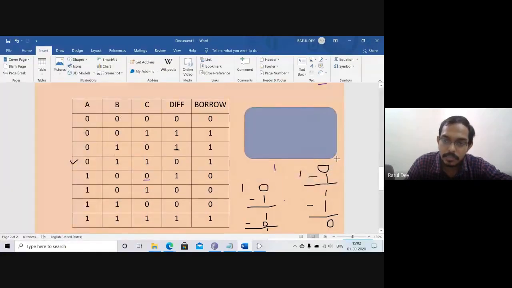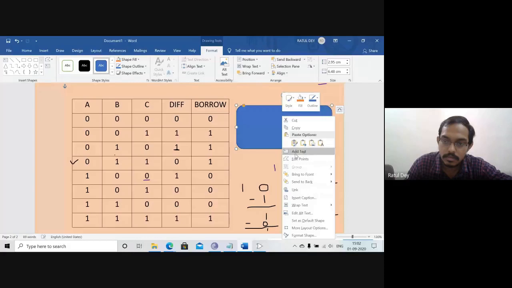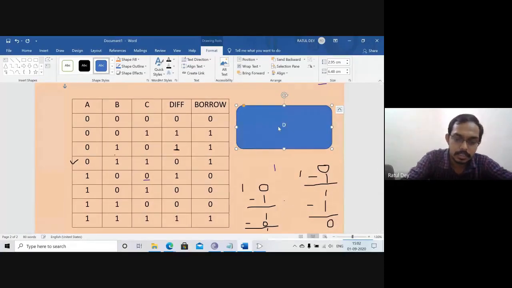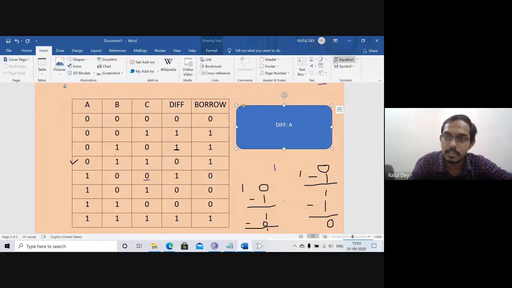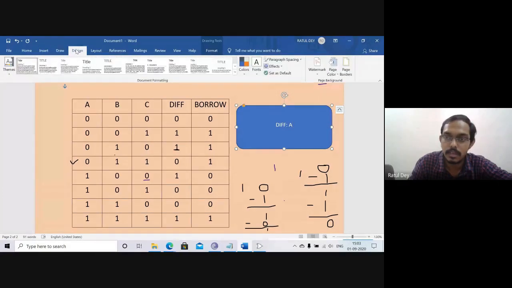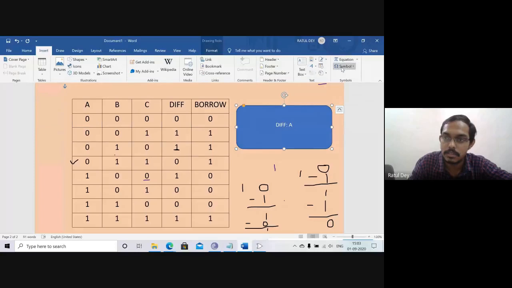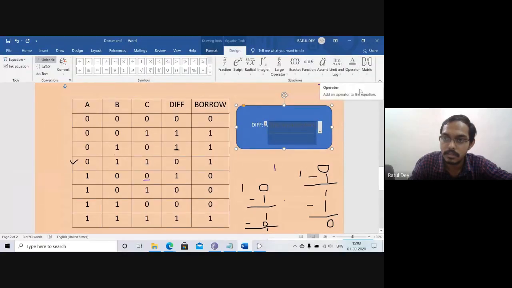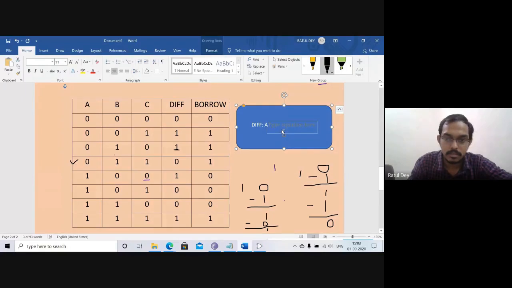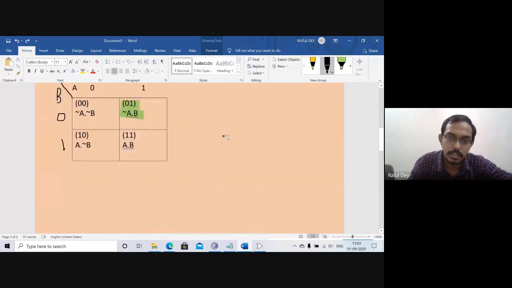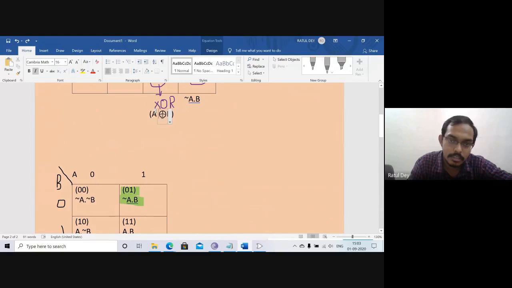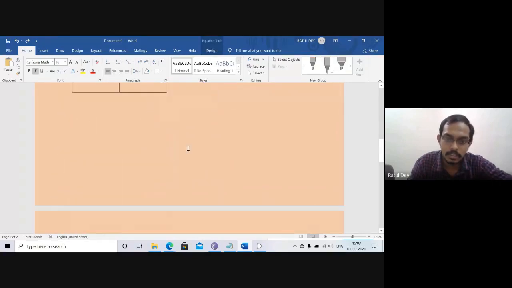So there are the expressions for the first part, that is the difference. So the difference is A XOR B XOR C. So A XOR B, I think above here we made one XOR.